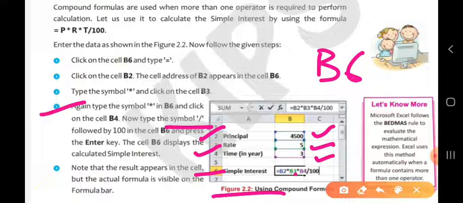So this is also the same process as we were doing in the previous one, that is in addition. Here we have only changed the operators, and we have used compound operators over here, meaning more than one operator. So this is the way we can do calculations in Excel. So I think you are very well aware of it and you can do it on your own also. If any problem, you can go through the video lecture.